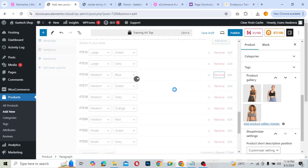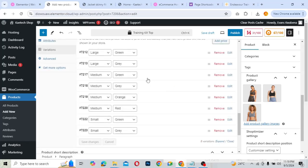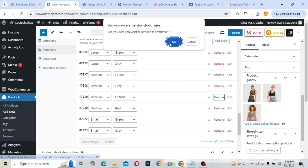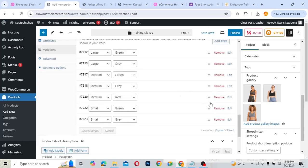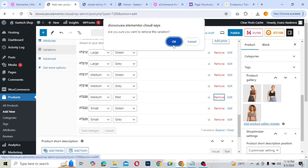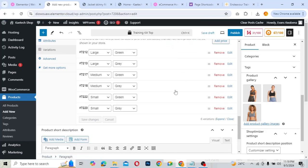So all the things that I don't have, I will have to remove them from the variations over here. And then orange also, so orange, red, I'll remove them. Orange, red, medium, orange, medium, I'll remove all of them. So red, medium, I'm gonna remove. All right, so now I have these